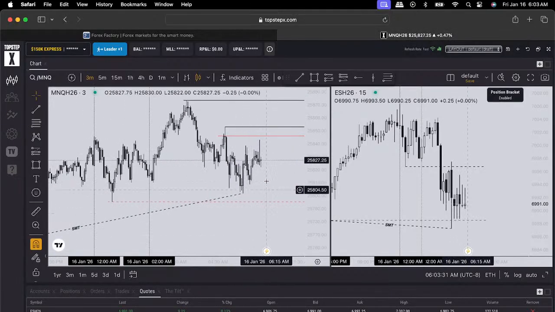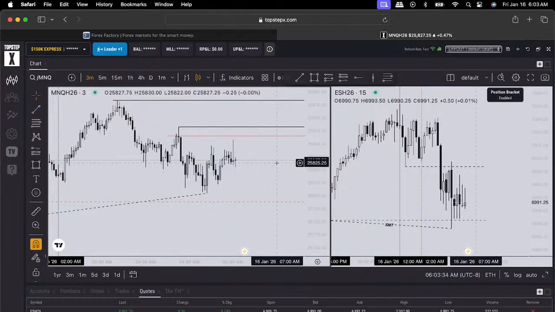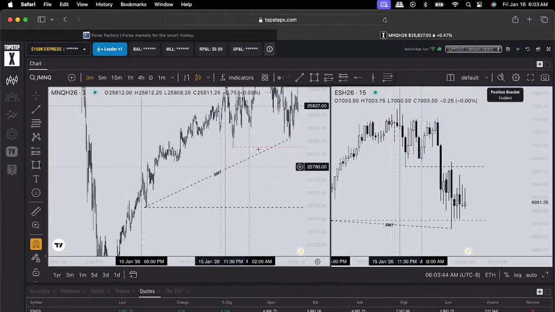We have our levels marked out. We see an SMT. I believe market's gonna go up. We have a weekly profile telling us we're gonna go up. We have a 4 hour telling us we're gonna go up. A 7 hour daily profile telling us we're gonna go up. Sessions telling us that we've already been displacing up.